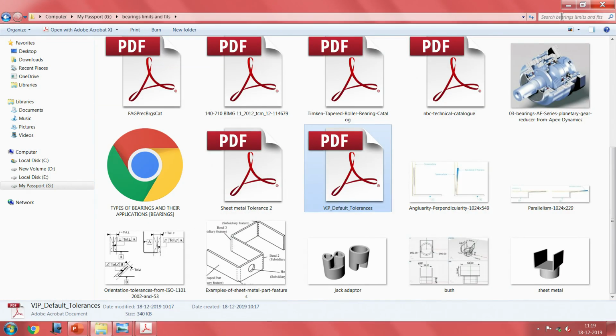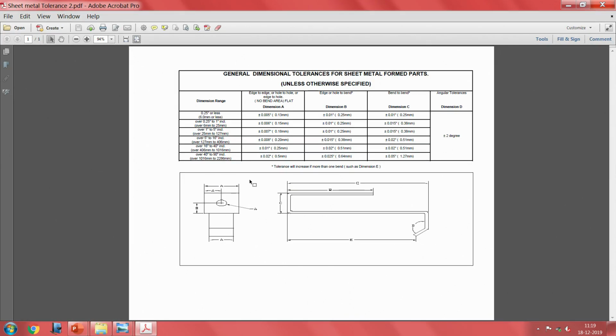huge amount of this I had shown you earlier. So, here things like general tolerances for sheet metal formed parts, these are all mentioned.